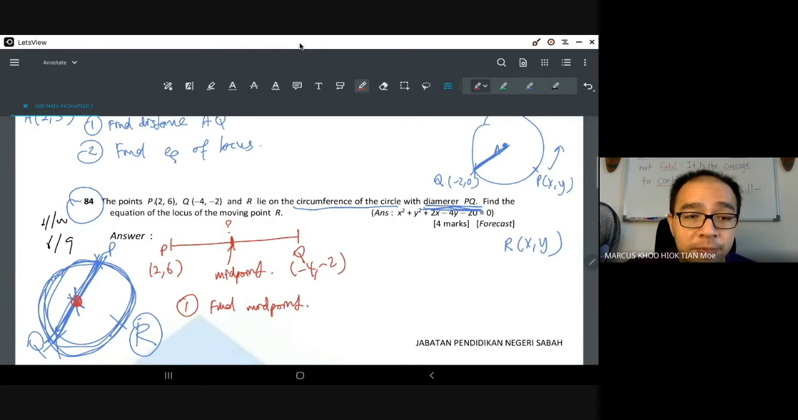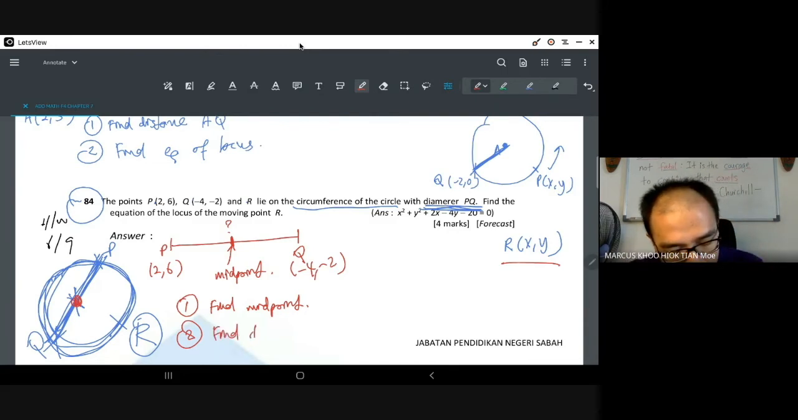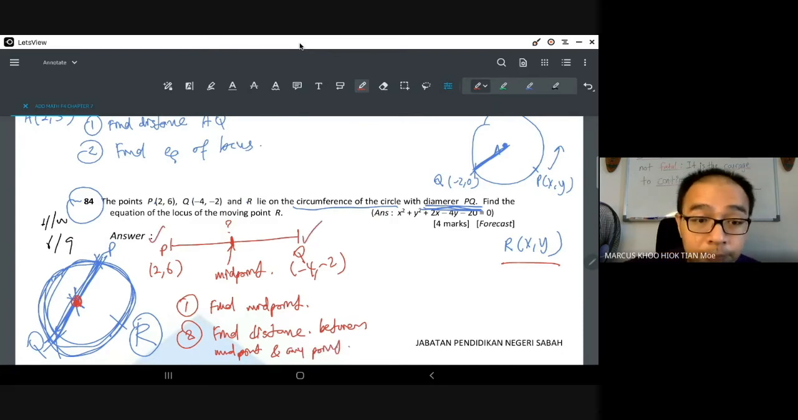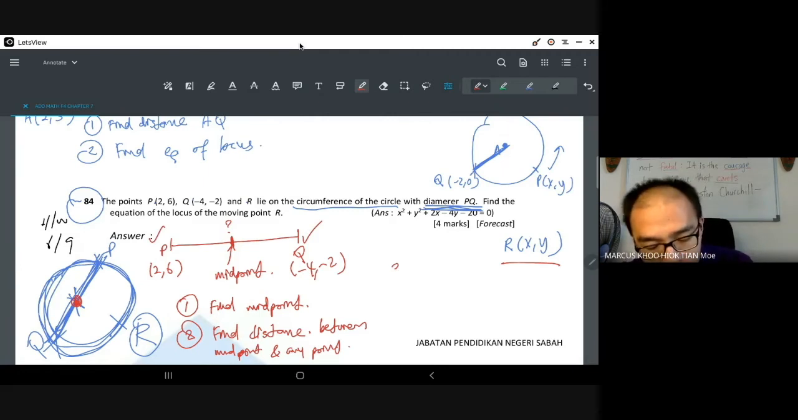Okay, very good, David. Secondly, once you find the midpoint, you still need to find the distance because you only have the locus point and the center, but you don't have the distance. So you have to find the distance between the midpoint and any point. You can use point P, you can use point Q, the distance is the same. And then only you find the equation